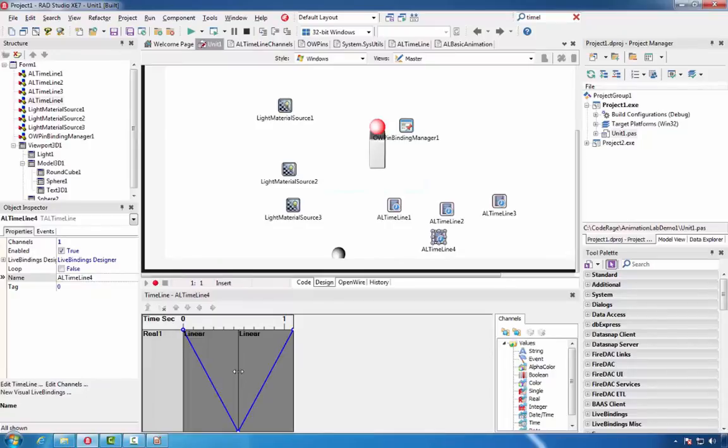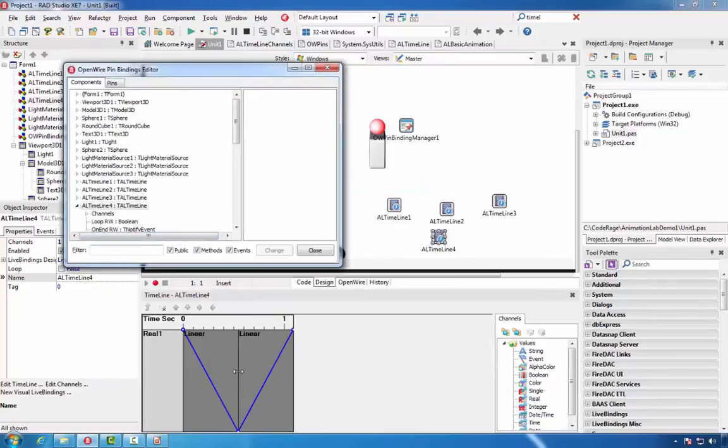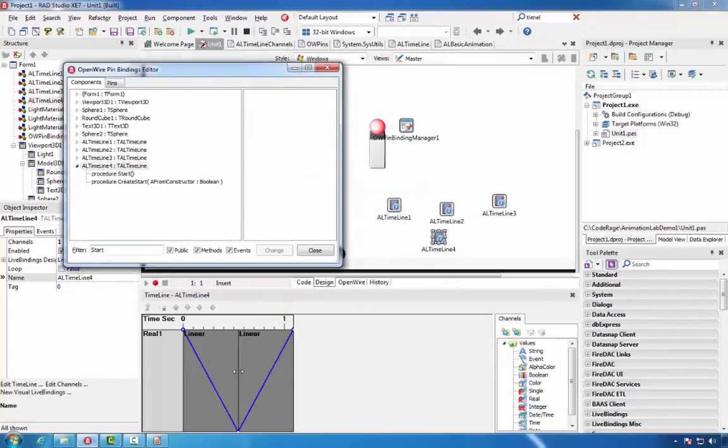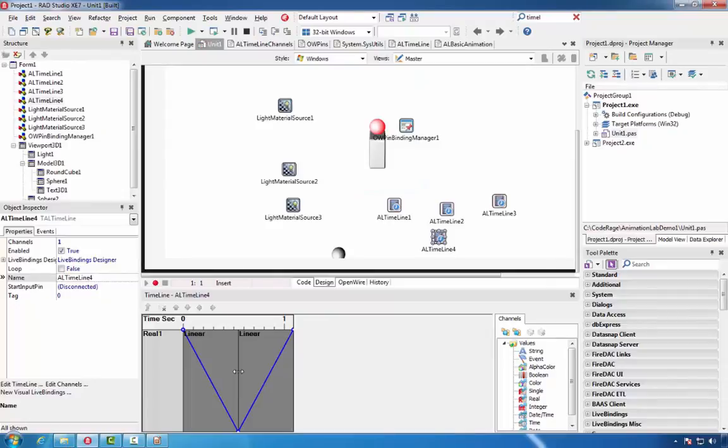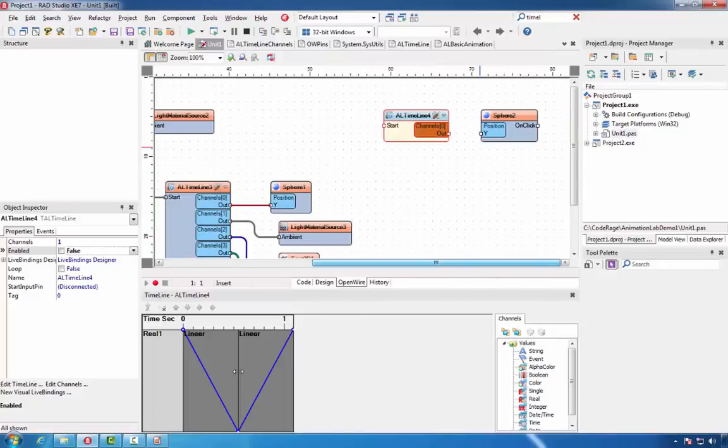We'll select timeline 4 and we'll add new visual live binding for its start command. We'll set it to disabled, switch to the editor and connect the channel to the Y position and the start to the on-click event.